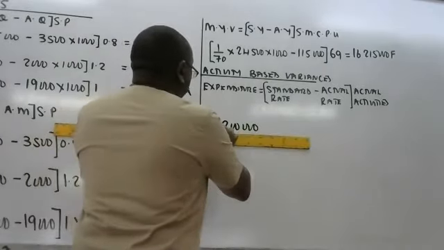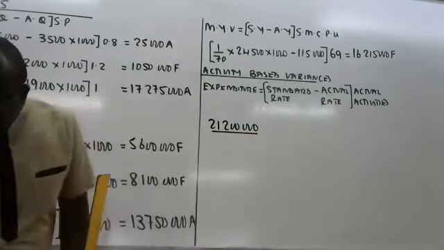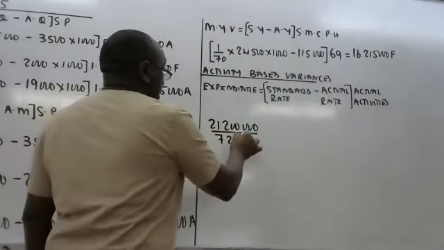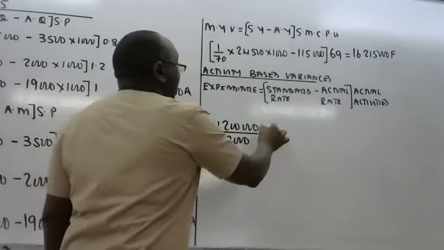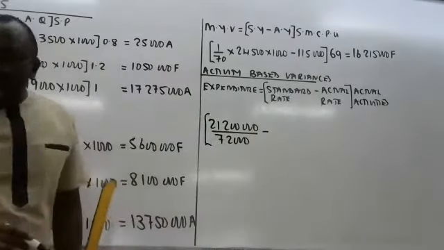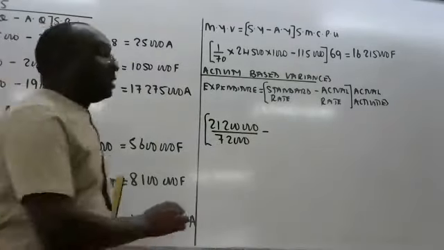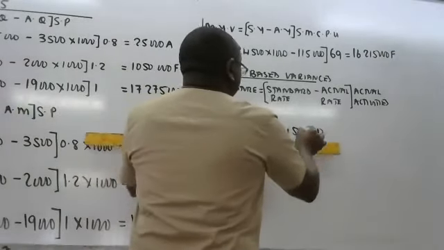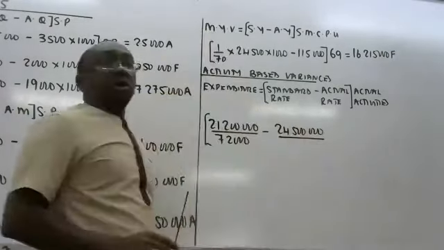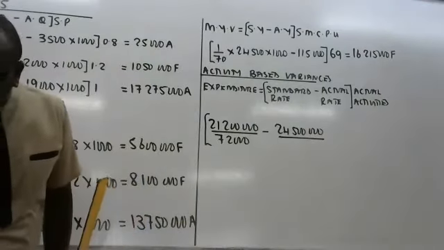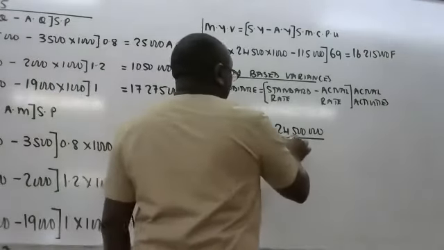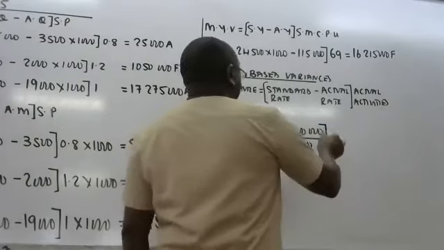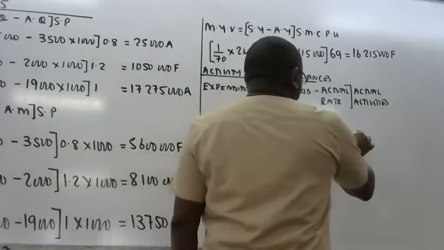Now this one was supposed to cater for how many setups? 72,000. So that is the standard rate. But the actual amount that was paid was 24,500,000. And this one was supposed to cater for 85,000 setups. And the setups are 85,000, the actual.